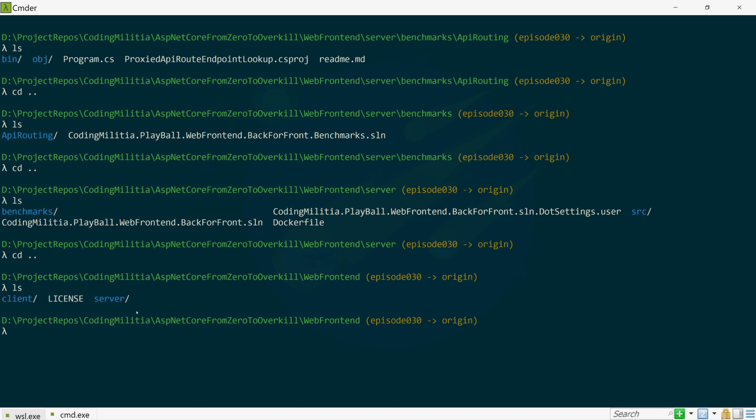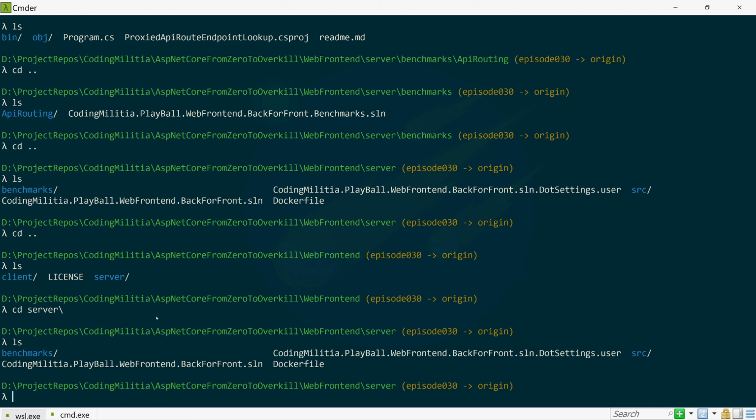So in the web frontend repo, we have the server, and in here, in the solution folder, I created a new folder called benchmarks because we don't need to mix the benchmarks with the usual code. So I created a new folder, benchmarks,